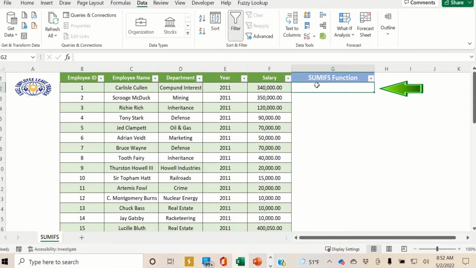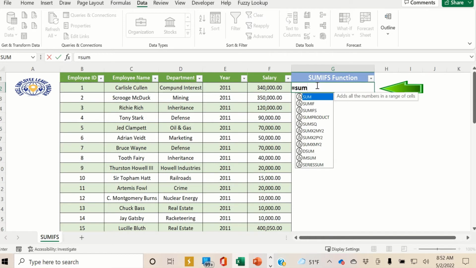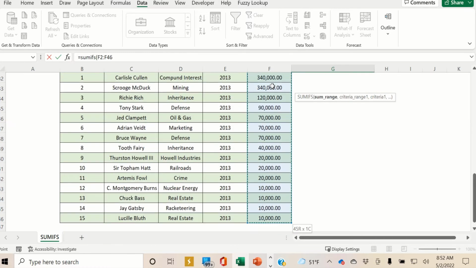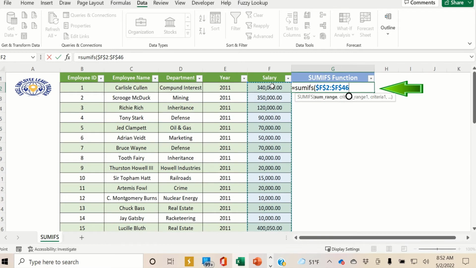So the first thing you want to do is go to an empty cell and type equals SumIfs, open parentheses, then highlight the cell that you wish to sum up, in this case the salary. Hit Shift and Down to highlight all the cells. Press the F4 key to make them absolute,